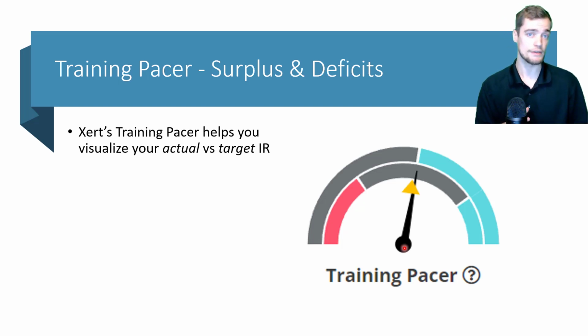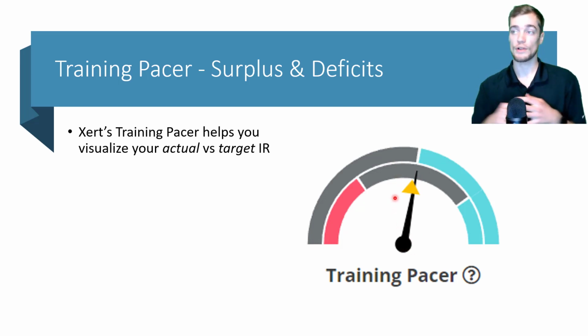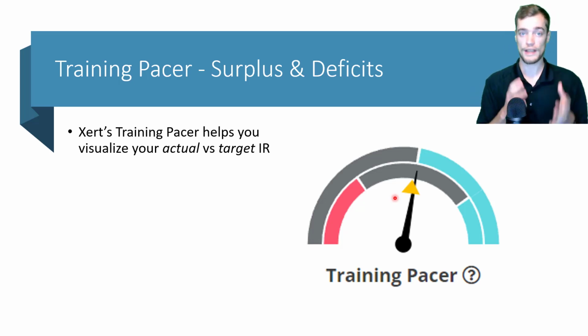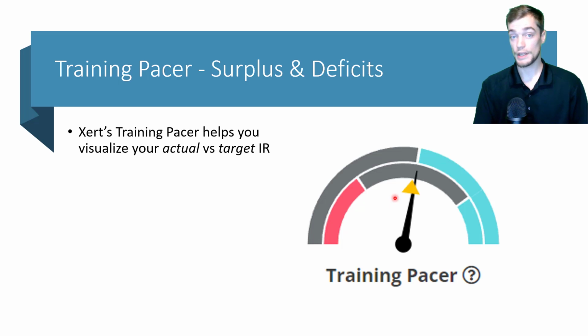and this is relative to your improvement rate. If you were to perfectly match your improvement rate over the last 7 days, your training pacer needle will point perfectly up and down at the 12 o'clock position, and you'll have a 0 XSS surplus or deficit. You're right on track. However, if you were to do more training than is required for your improvement rate, then